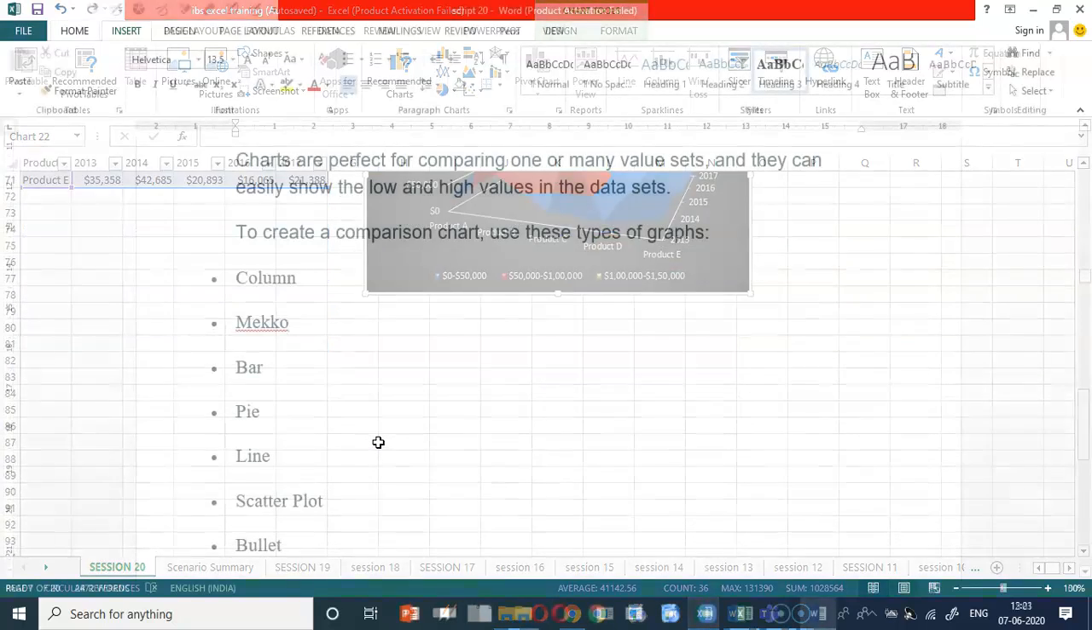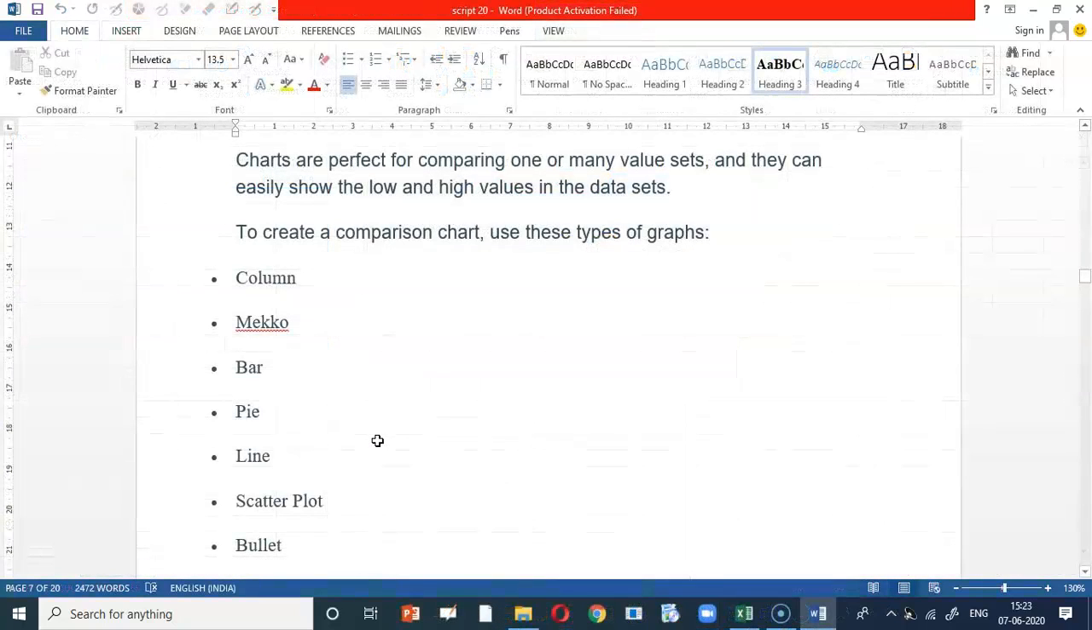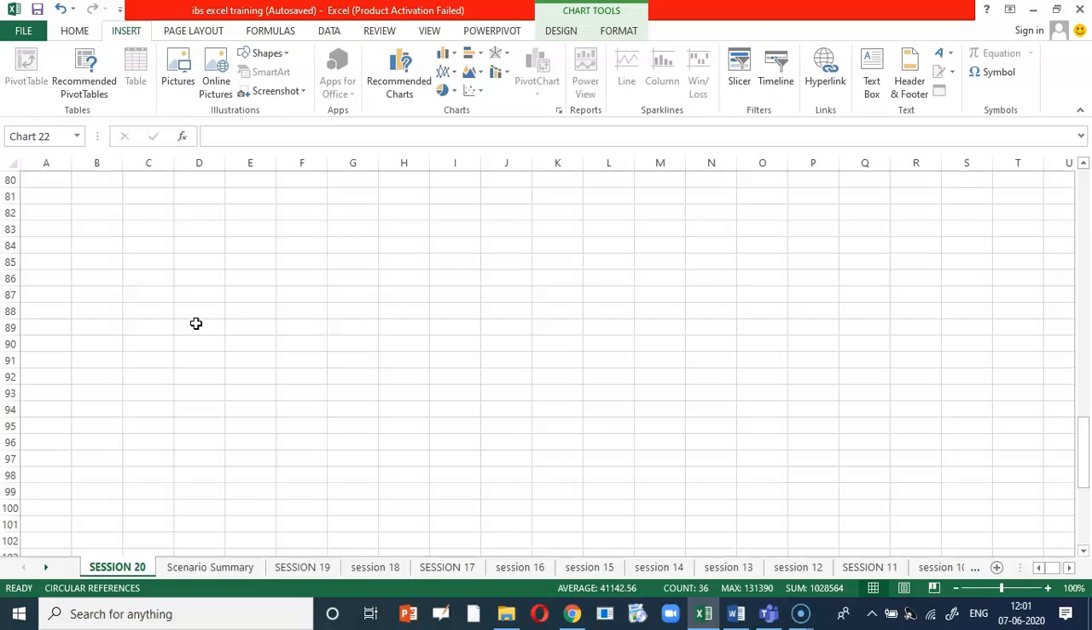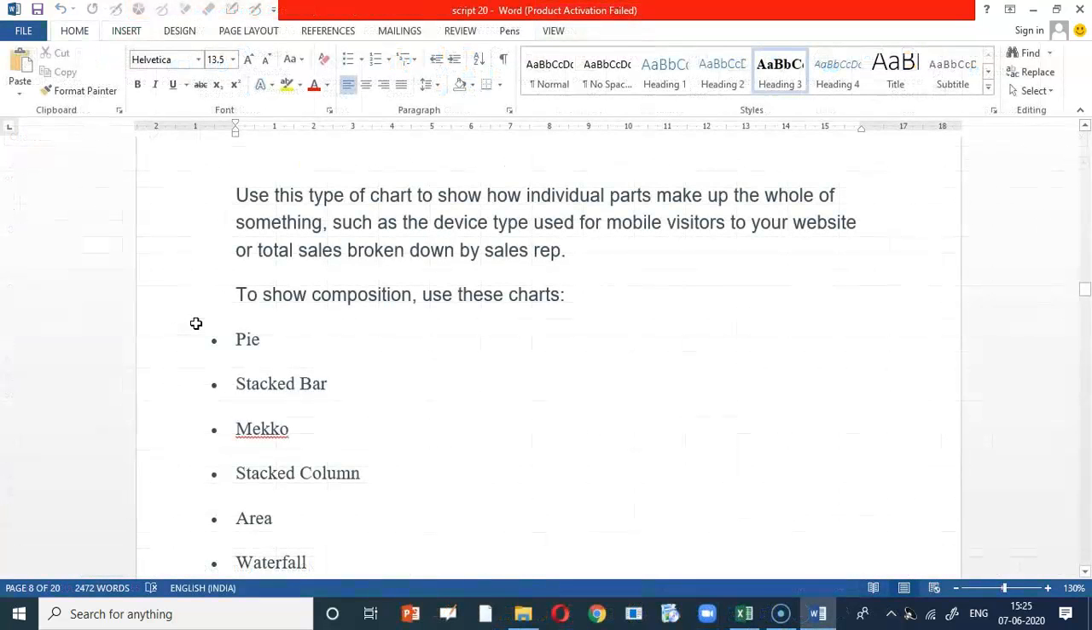So first one, do you want to compare values? If one wants to compare values, then the charts which should be used are column, bar, pie, etc. If you want to show composition, we can use this type of chart to show how individual parts make up the whole of something, such as device type used for mobile visitors to your website, or total sales broken down by sales representative. Then one can use pie, stacked bar,